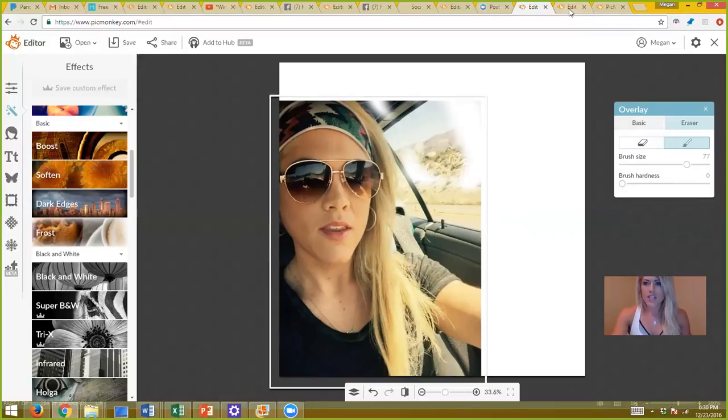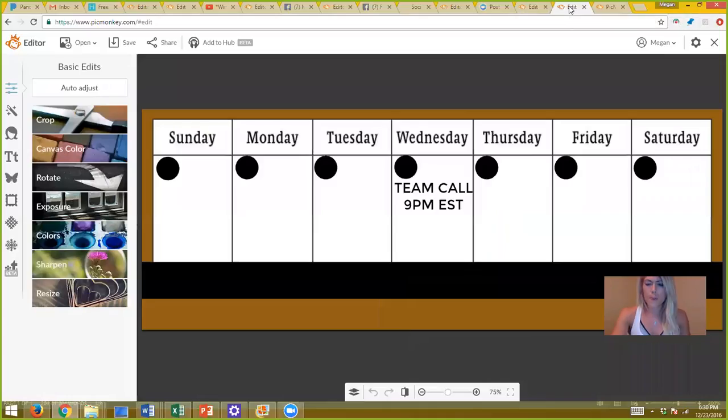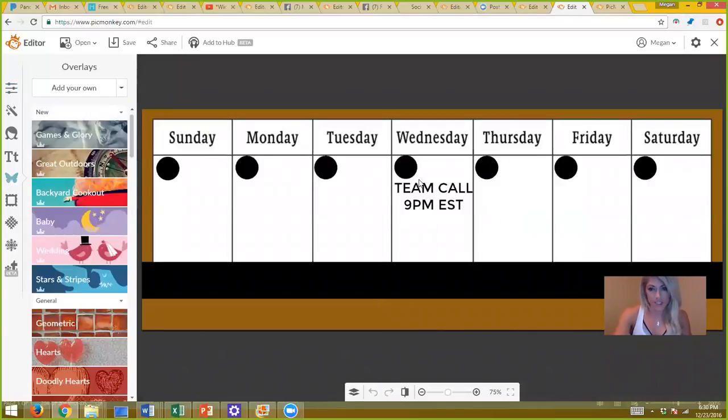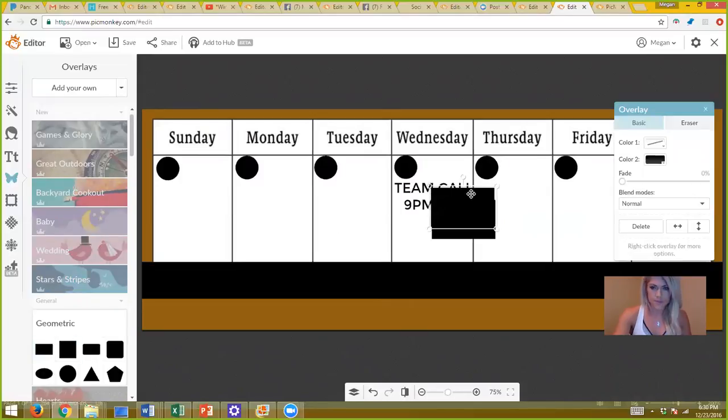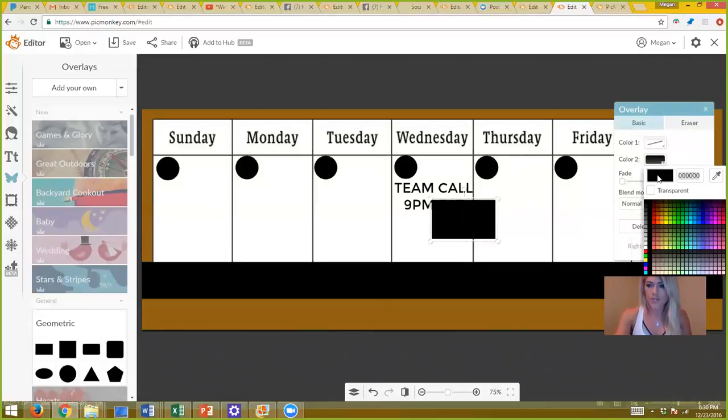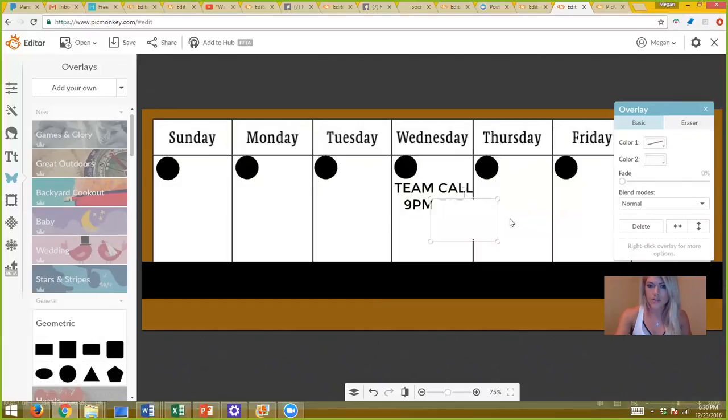And then lastly, I was going to show you how I do the calendars and things, but that's pretty self-explanatory. So let's say I always start with usually this template, but let's say we're not going to have a team call this Wednesday or something, so I need to get rid of that. I use a lot of the geometric shapes. Oops, delete that one. You can actually use it as an eraser. So we don't need this one, and that way,